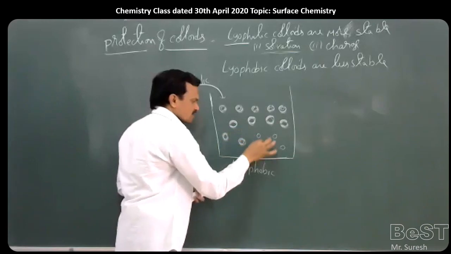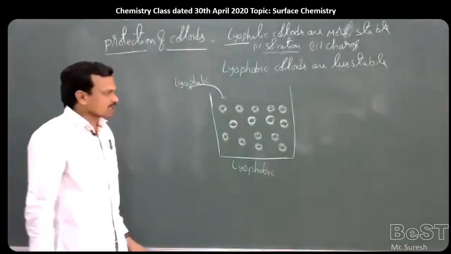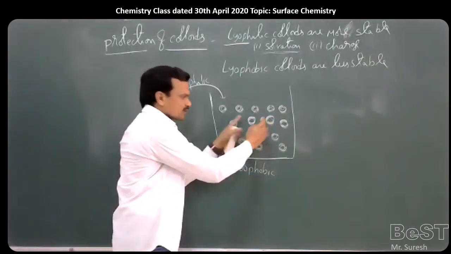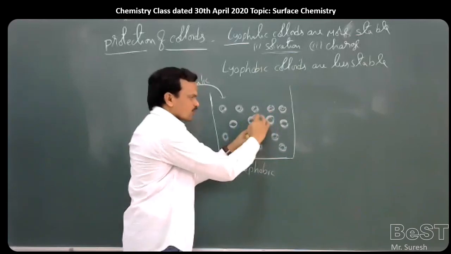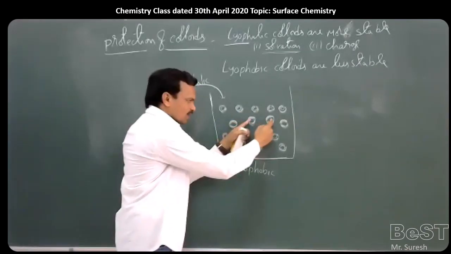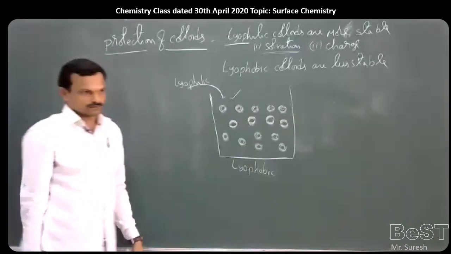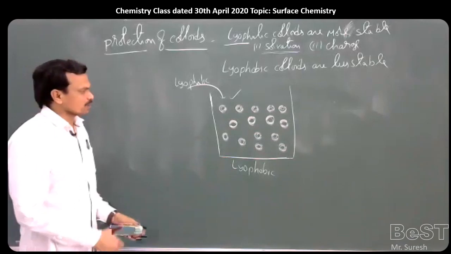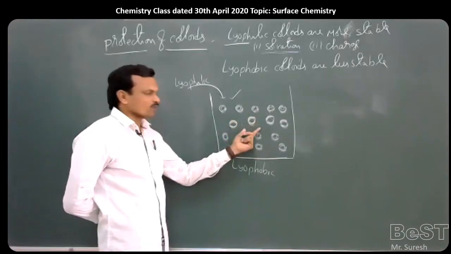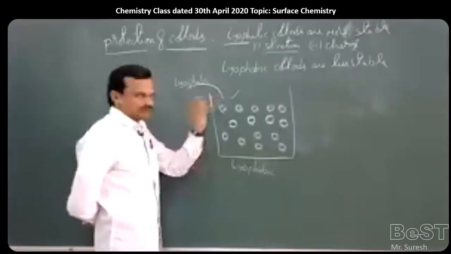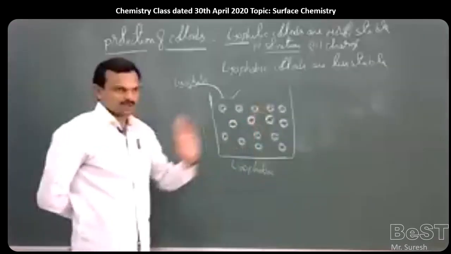So due to the formation of this protective film over the surface of these colloidal particles, it can prevent the coagulation of two particles. When these two particles approach each other, this protective film present between the two colloidal particles can prevent the coagulation of these particles. Thereby, we can keep the colloidal solution stable. A simple example: if you take an oil in water emulsion and add a small amount of gum or gelatin, we can keep the solution stable.